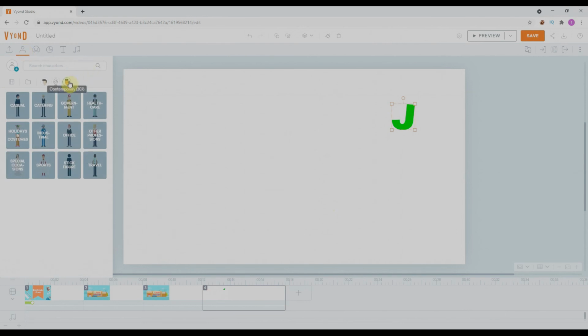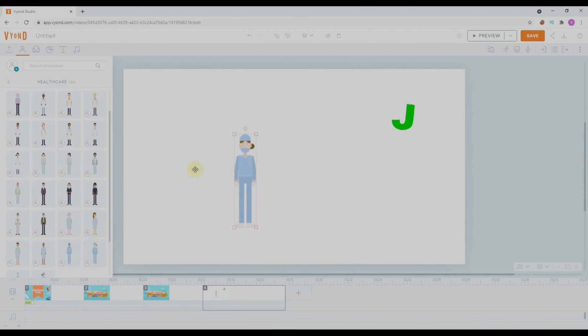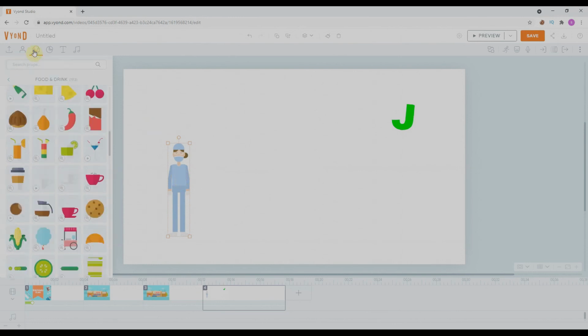We are in a contemporary mode and there are 307 characters within that mode. So we'll go again for the healthcare, because you can say that there is COVID and we'll have to salute these medical workers for sacrificing for people like us. So we'll select this surgeon one over here, and we'll put it over here. The other one is prop.